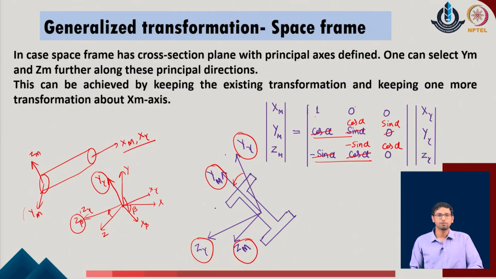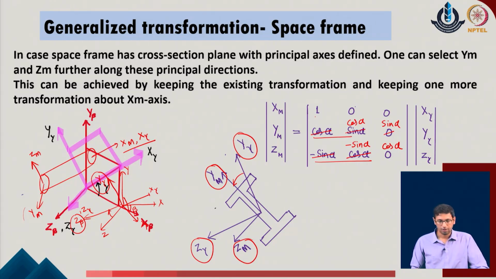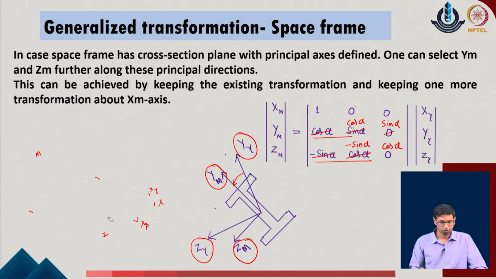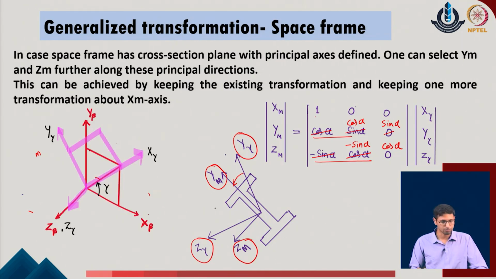So, with this idea, now finally we realize the overall transformation, as we typically do for the overall system. If we identify the overall transformation of the system, we identify that these are the three directions, and we just did the transformation now on the cross section plane. So, rather than the y of gamma and the z of gamma being fixed, we just located two new directions of the system, but this transformation we did with respect to the same x of gamma axis. So, this remains x of m, whereas over here we get the y of m and z of m as the two new axes of the given system.